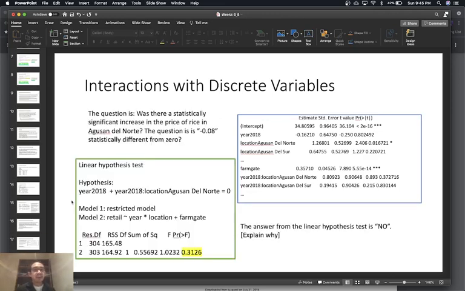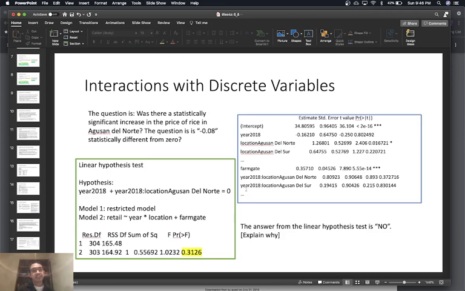Interactions with discrete variables. The question is, was there a statistically significant increase in the price in Agusan del Norte? The question is, is negative 0.08 statistically different from zero? So we already know the answer here. But you can also do it using the linear hypothesis test, which you've done here. The hypothesis is this plus this